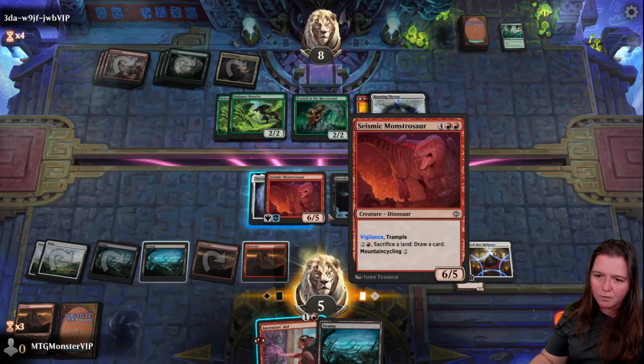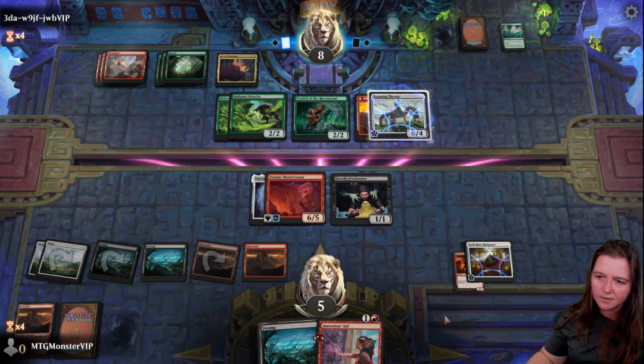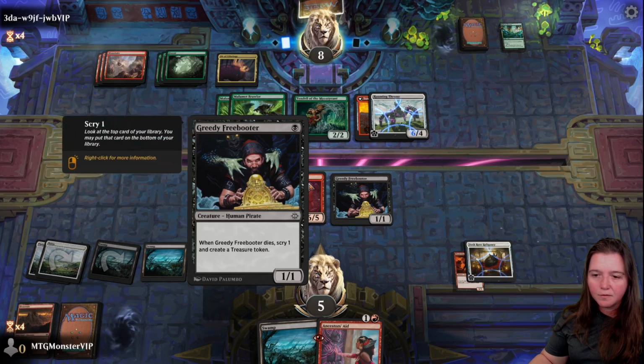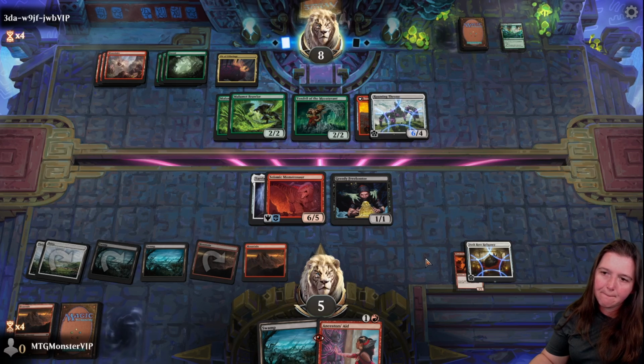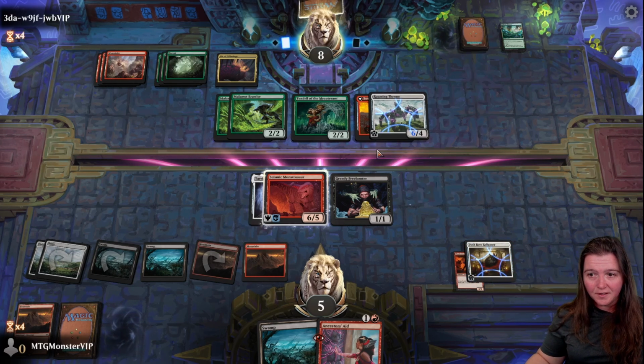And that was really ideal for us because now we can just hold open this and we still have all our blockers. This is gonna have to chump block something big. So that's why I didn't mind moving the equipment off of it. If they miscalc here and just go for the 7, I think...